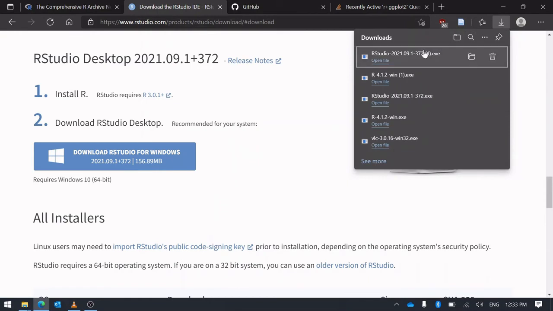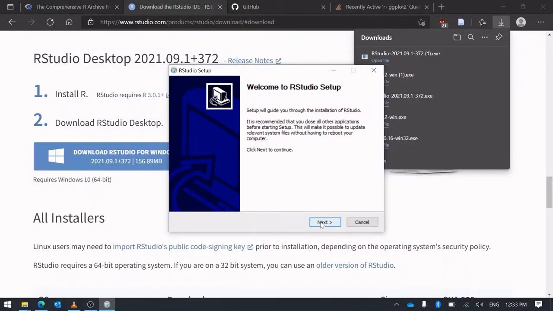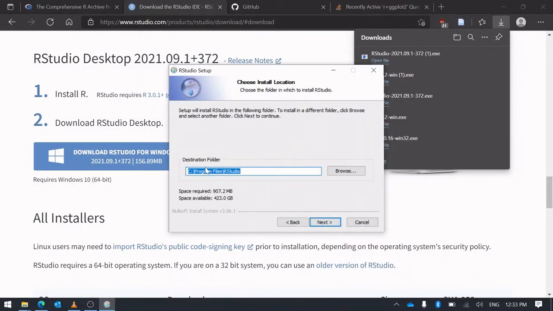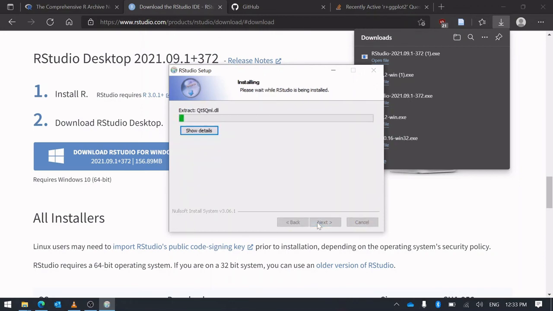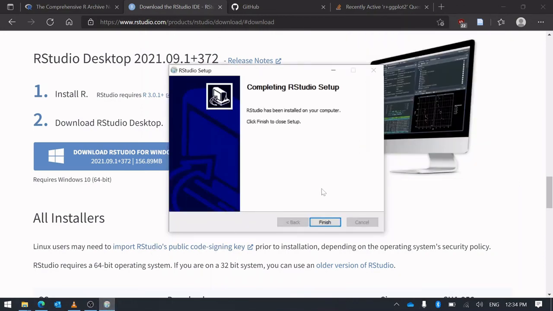Once you have downloaded your file, navigate to your Downloads directory and run the .exe file on Windows or the DMG file on Mac. Follow the default options to install RStudio in the default directory on your computer. Again, you may refine your installation by manually choosing where you want to install your software. RStudio is now installed.